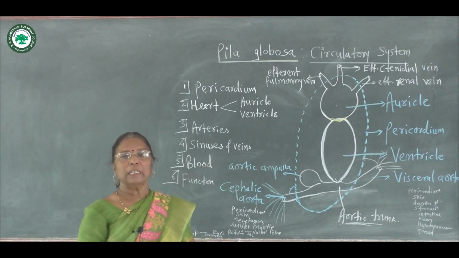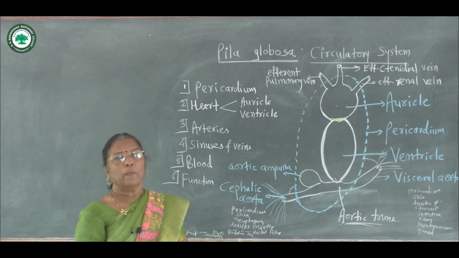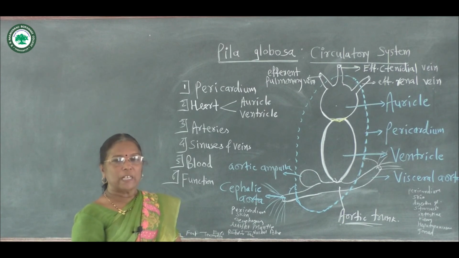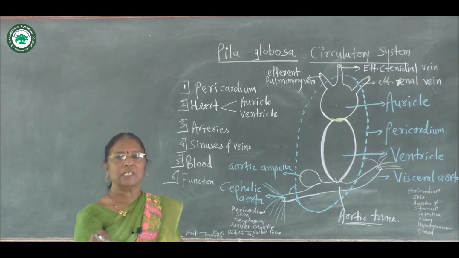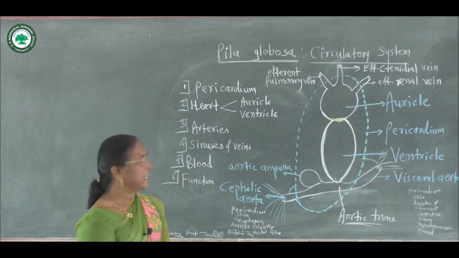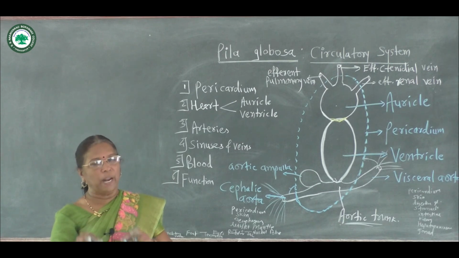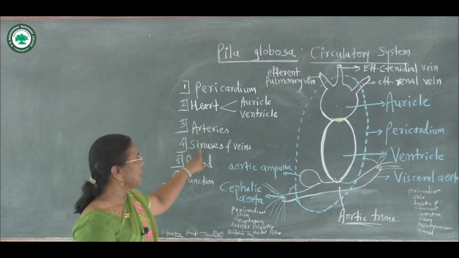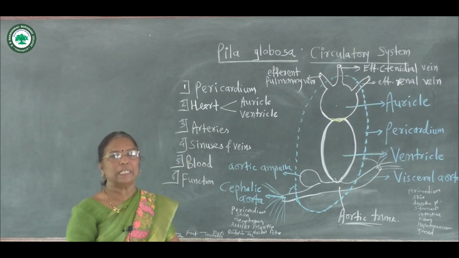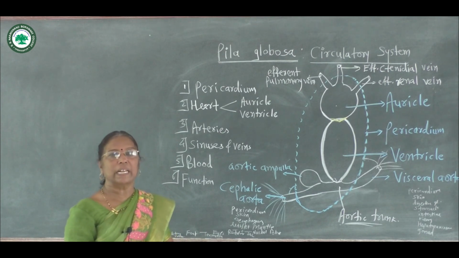Veins are the blood vessels which collect deoxygenated blood from different parts of the body. First, they collect this blood by means of small lacunae. Then later on they form larger vessels. They are called veins, and later on these vessels pour their deoxygenated blood into larger spaces. They are called sinuses. Thus, there are 3 to 4 sinuses: periintestinal sinus, perivisceral sinus, pulmonary sinus, like this.